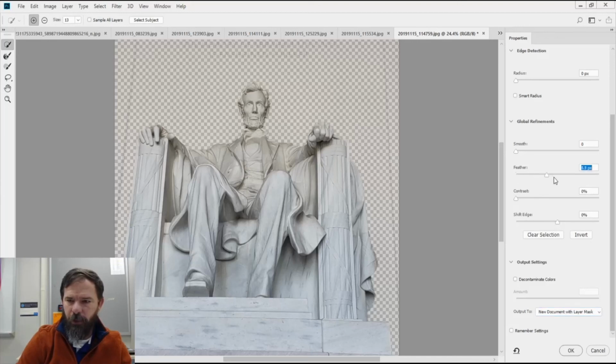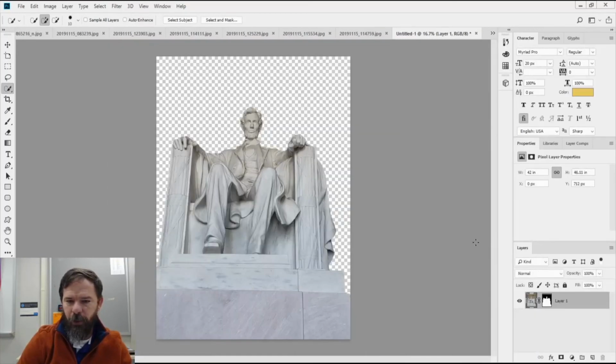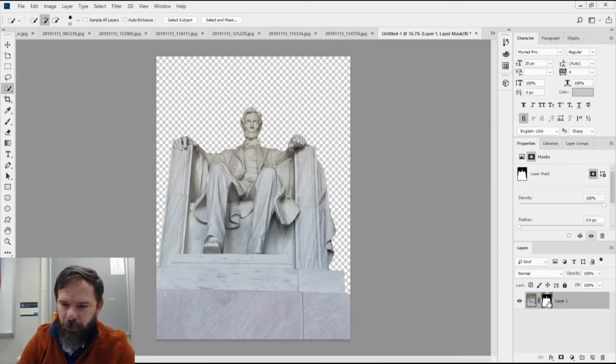Again, I may not have gotten the edges perfect, so I can play with feather a little bit, but really what I want is smooth up to 100. So it smooths those edges out that I selected, and I'll hit OK. What it's going to do for me is create a whole new document that I can now edit. It kept the layer. The layer is here. So as you can see,